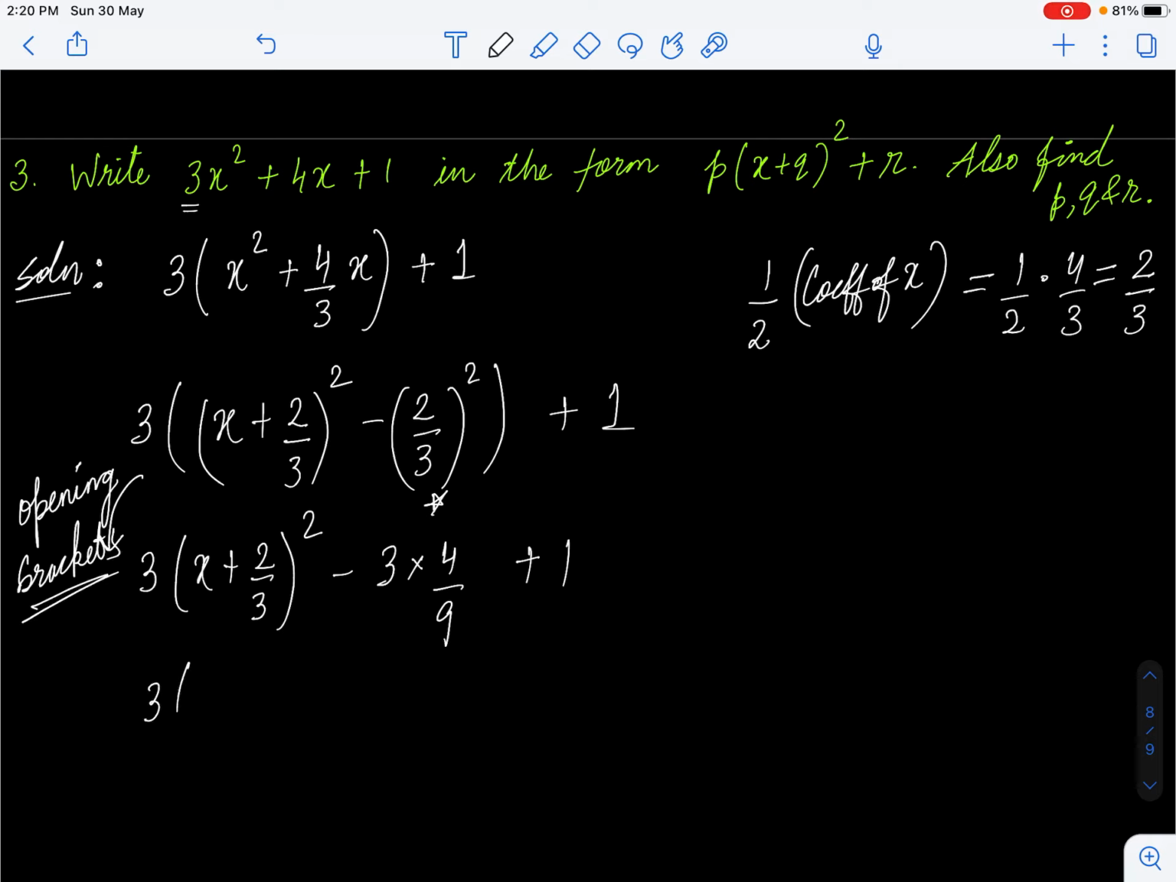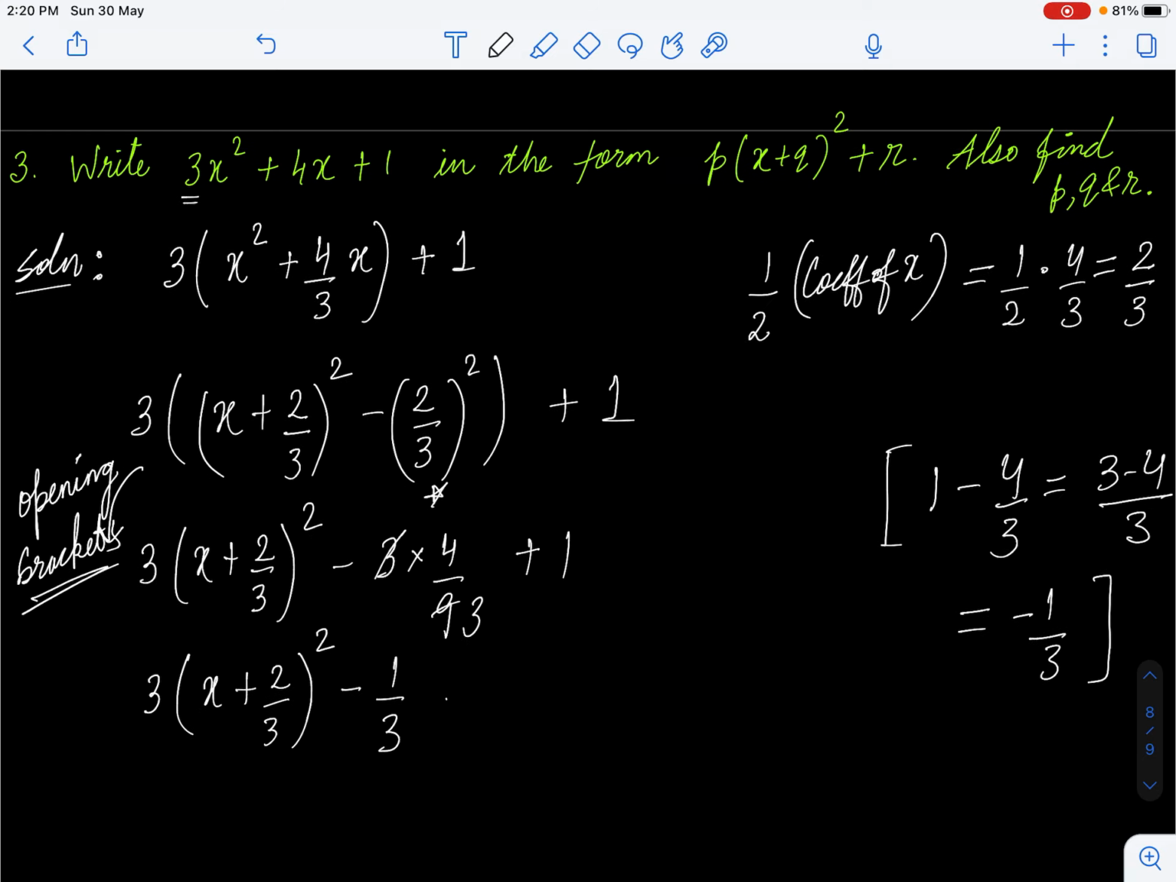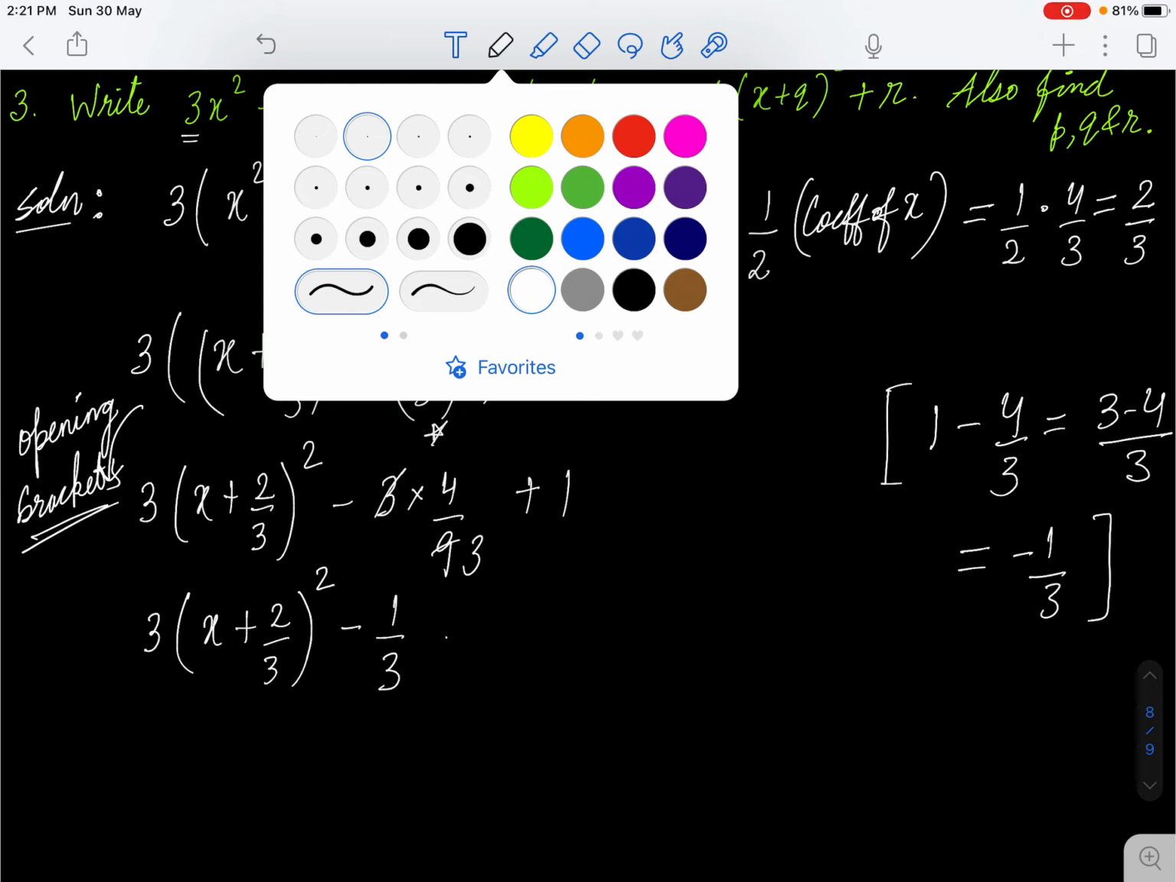So what's my final answer in this? I think everyone can do the addition, subtraction or the simplification part now. This is nothing but 4 over 3. And what is 1 minus 4 over 3? This is nothing but 3 minus 4 over 3, which is nothing but minus 1/3. Okay, so I will get minus 1 over 3. So this is my final expression now,